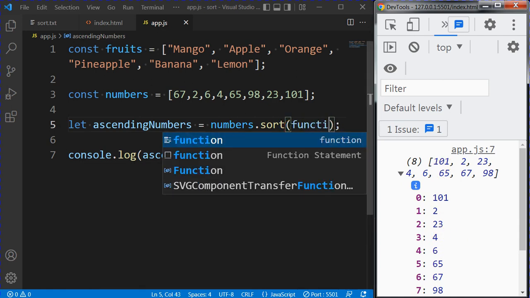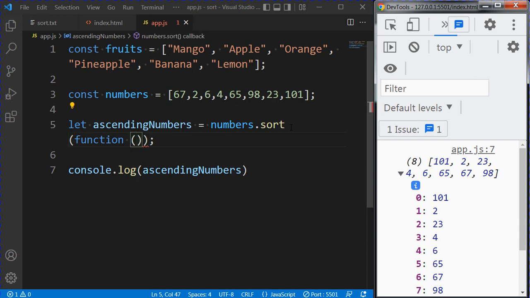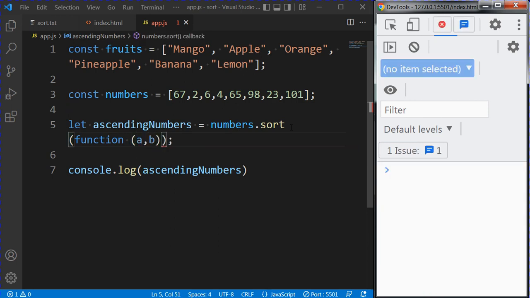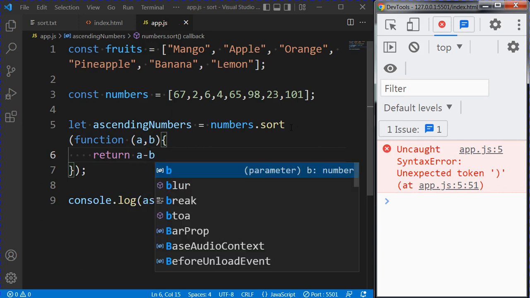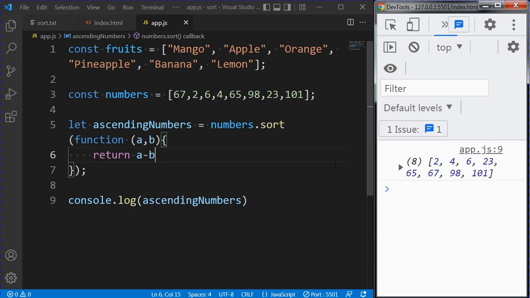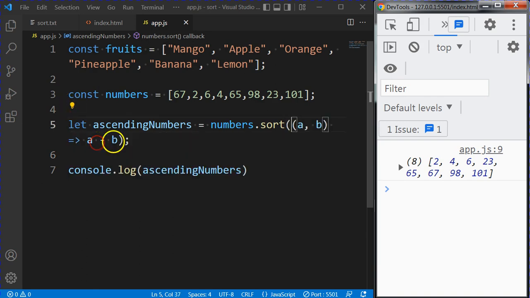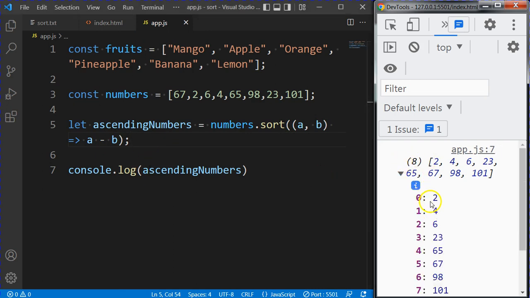to the sort method. Here's the function. It takes two arguments, a and b. And then the function returns a minus b. This is one way to write the function, but personally, I like to use the arrow function, so I'll convert this to an arrow function. Now, take a look at the console and you will see that the array has now been sorted properly in